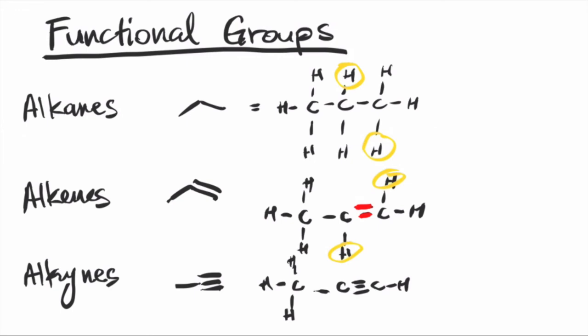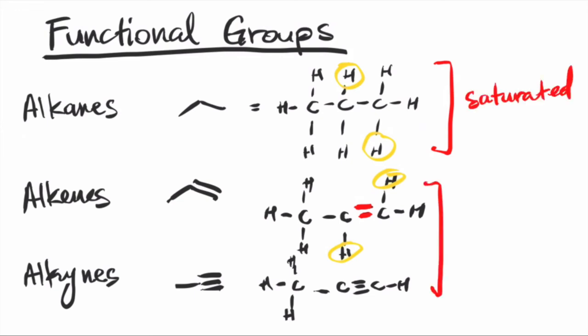Some terminologies here. Notice that the alkanes, all the carbons are full of hydrogens, so they are saturated. You can't add any more hydrogens to them, which is why alkanes are considered saturated hydrocarbons. Hydrocarbon meaning it has hydrogen and carbon only. And then the alkenes and alkynes would be the unsaturated because they are not yet saturated, they're not full of hydrogens. You can add more hydrogens to those carbons. So you've seen this when you talk about saturated versus unsaturated fats.